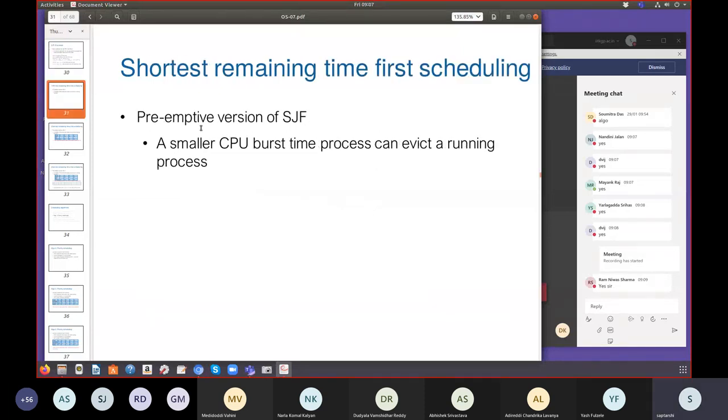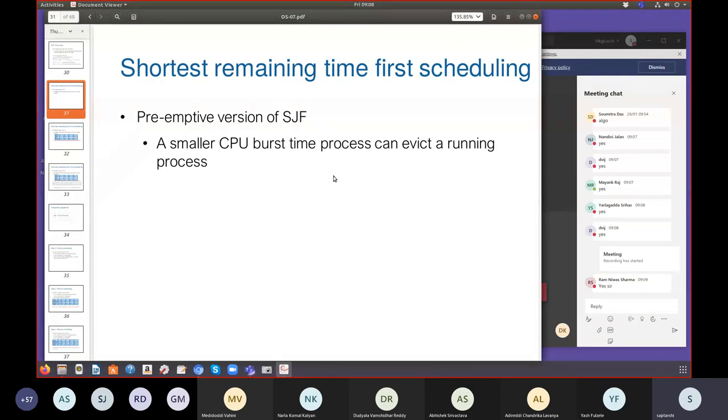This is actually a preemptive version of the shortest job first algorithm that we discussed, and it is called the shortest remaining time first. So instead of shortest job first, it's shortest remaining time first. The idea is this: suppose a process is running now. A new process comes in which has a shorter estimated CPU burst time than what is remaining of this process